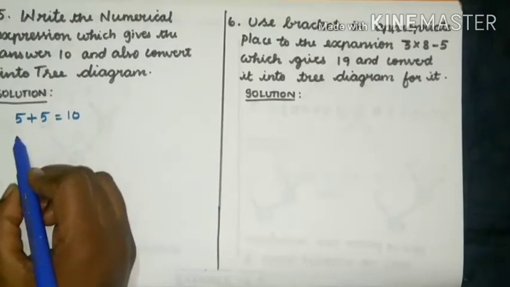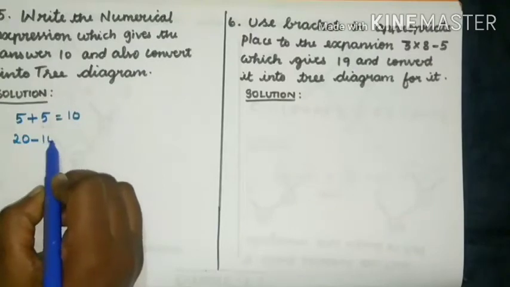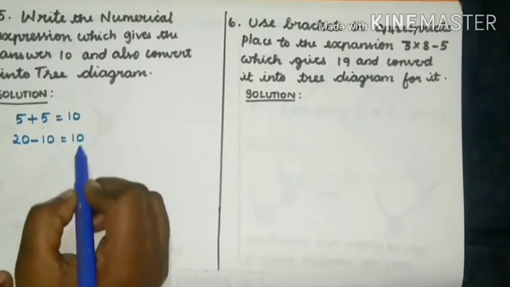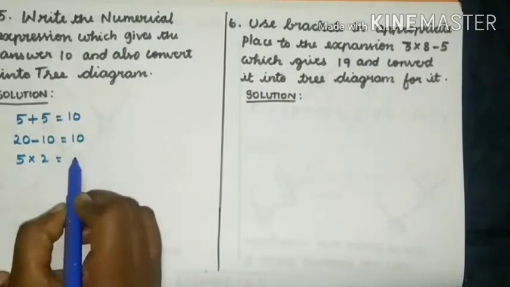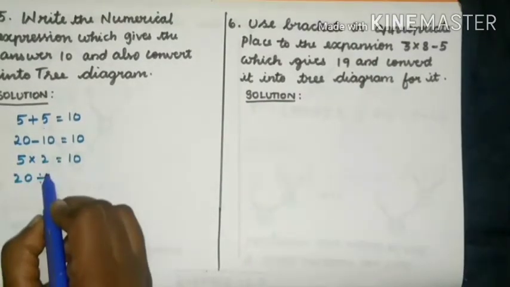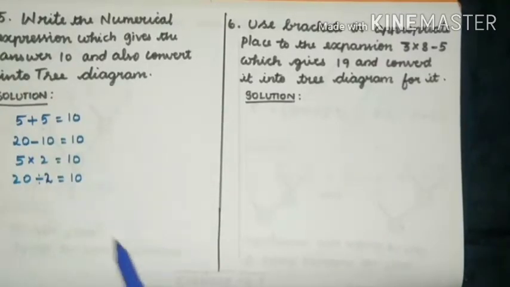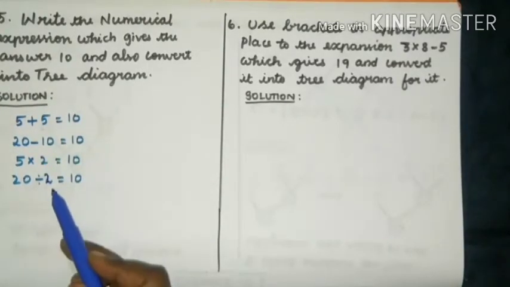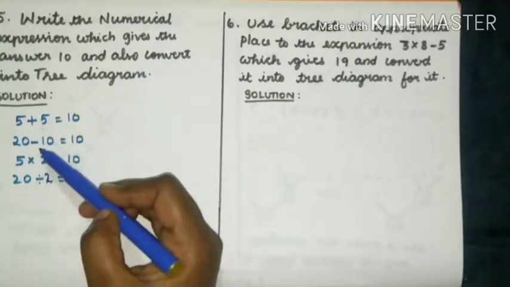And then for subtraction, 20 minus 10 equal to 10. And for multiplication, 5 into 2 equal to 10. Division, 20 divided by 2 equal to 10. Students, you can choose any number which gives the answer 10. And then we have to convert this into